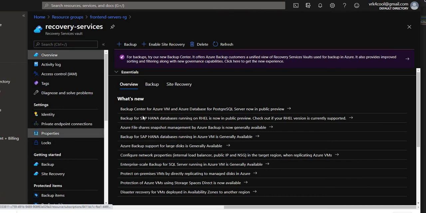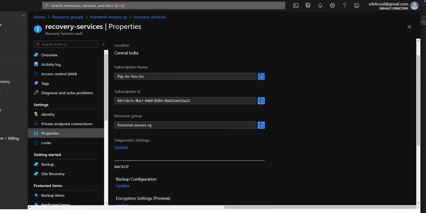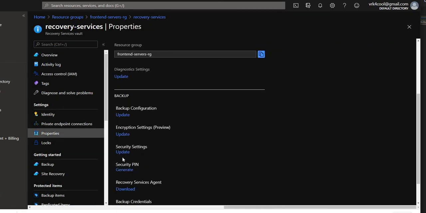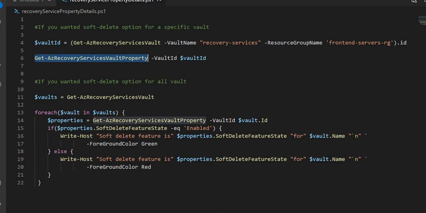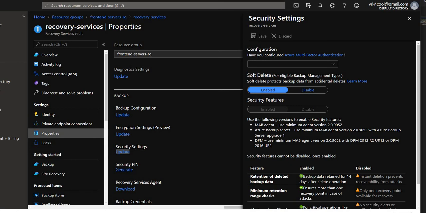So you are going to the properties and checking the security settings. The command gets the properties and whether it's enabled or not, whether the security setting is updated, and whether the soft delete option is enabled or not.